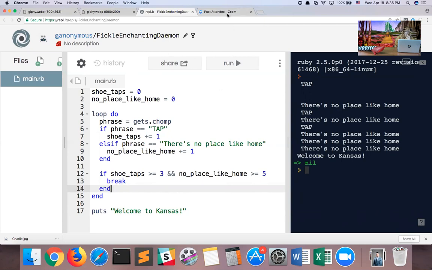Any questions about what's going on here? This is complex. We've got variables, user input, conditionals, and loops. A lot of stuff going on here. Again, it's just a matter of getting used to it. It's a matter of practicing. That's how you get good at this stuff. But although we're using Ruby to demonstrate these concepts, these are the fundamentals of coding in pretty much all programming languages.